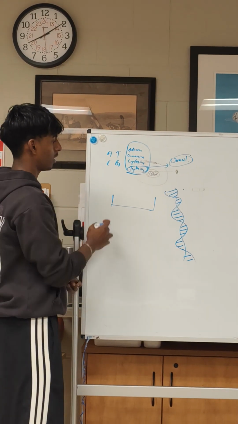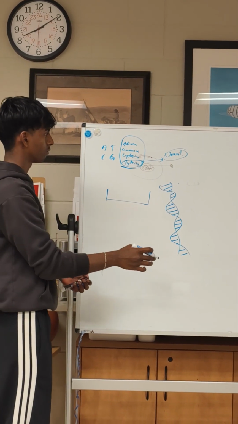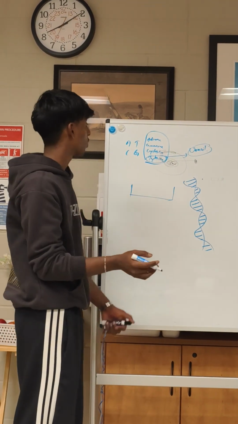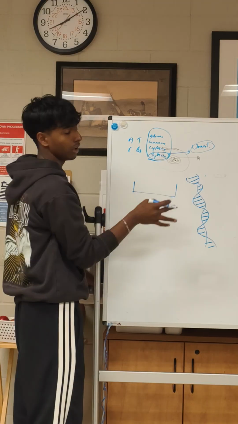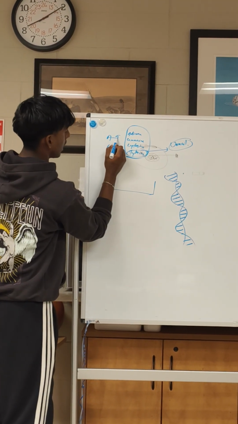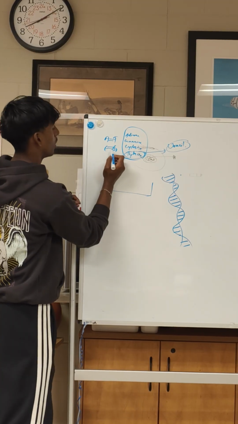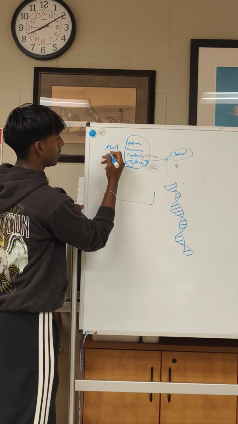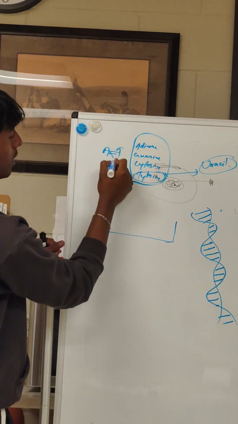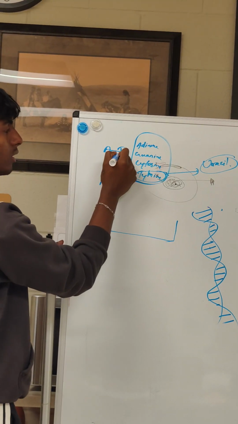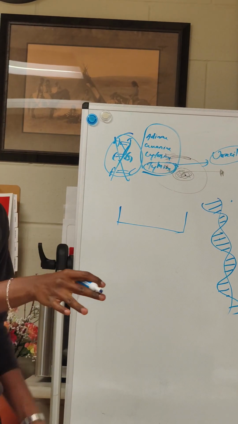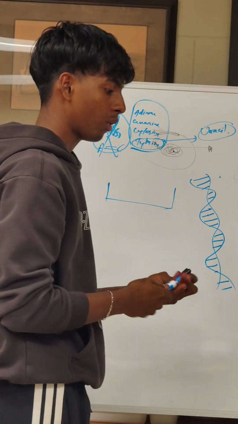So we can just head on to the translation. Another thing I forgot to mention was the way it bonds. Adenine only bonds to thymine, and cytosine only bonds to guanine. It doesn't happen the other way. Adenine doesn't bind to cytosine or guanine, and thymine doesn't bind to cytosine. That's something that won't happen. Okay, now I have made up